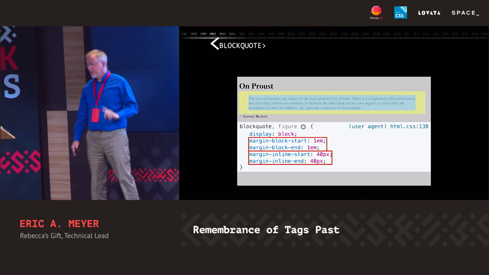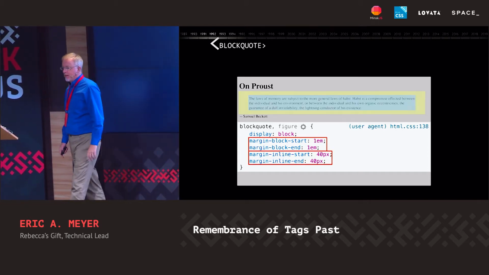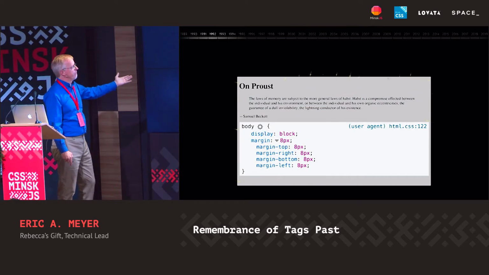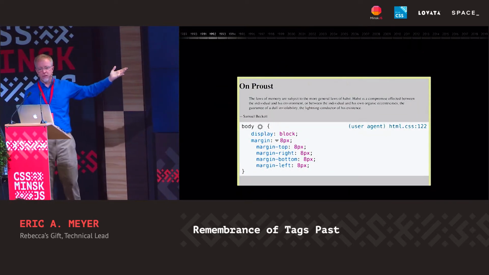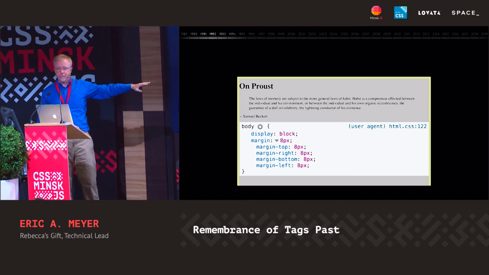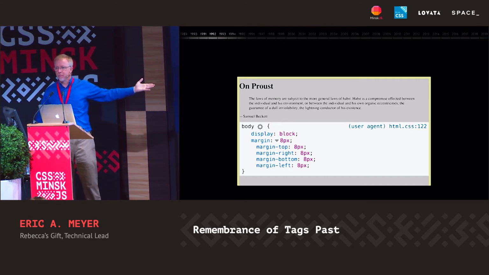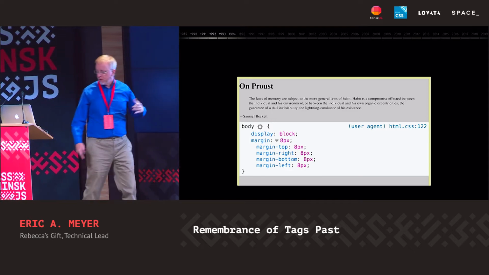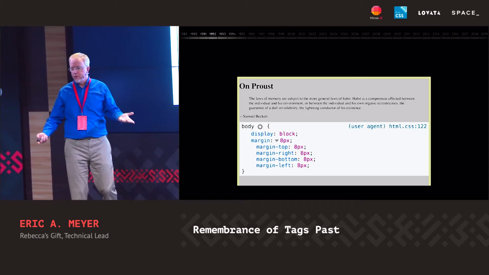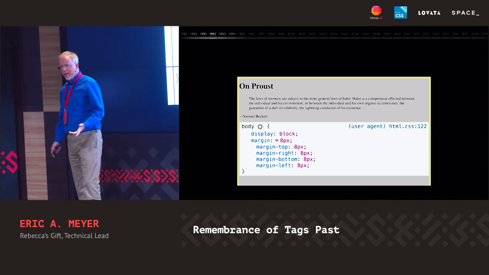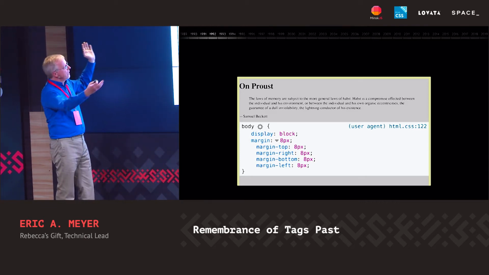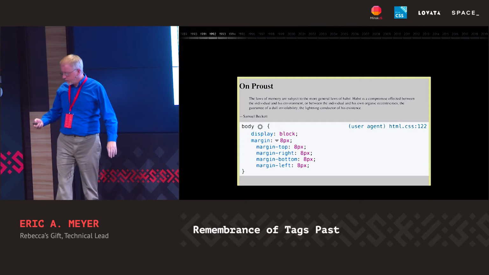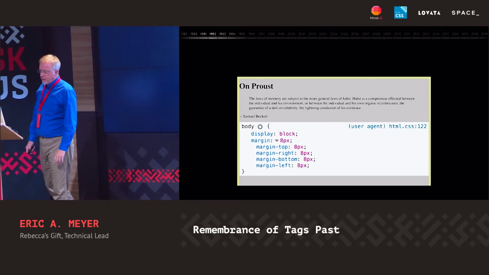This is not the only instance of pixel margins that we still experience. The body element has an 8-pixel margin all the way around it, instead of half an em, if you want to go from 16 pixels as a default, or even 1/25th of the viewport, or some other measure. Why is that? Why is it 40 pixels on the sides of the block quote and 8 pixels around the body? And the answer is,